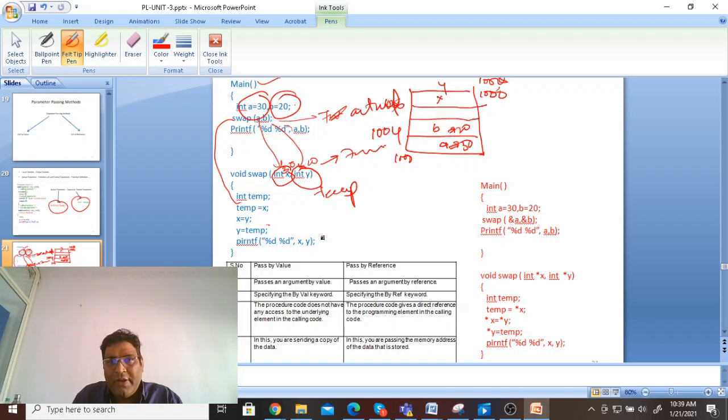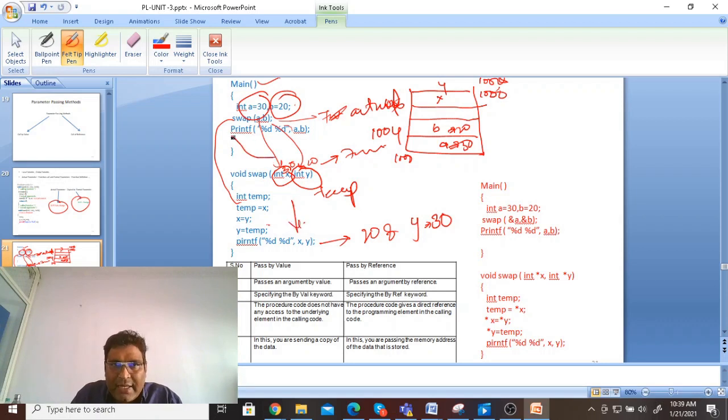Now what will happen, the value of this one is printf x and y. X is nothing but 30. Now it becomes 20, and this becomes y, y is 30. Okay, x becomes 20, y becomes 30. a was 30, then we swapped this value, we got this one.